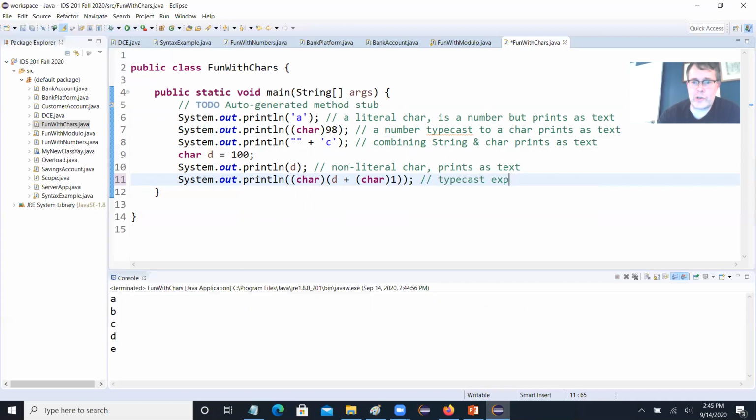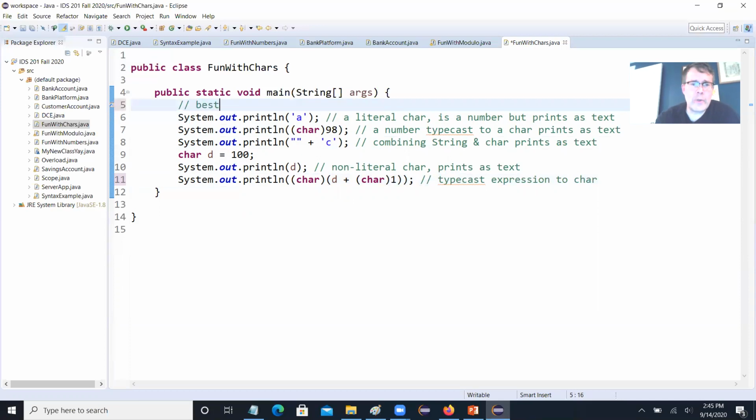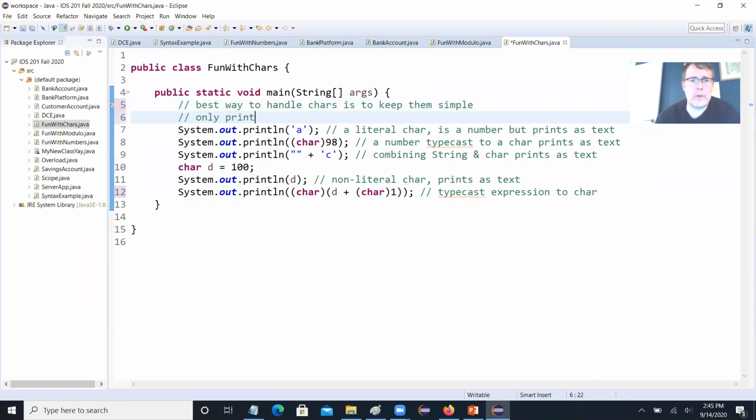Okay, so typecast expression to char will work. But as you can see, chars are numbers, but they behave strangely. Until you get used to them, they're a little unpredictable. So the best way to handle chars is to keep them simple. Only print out the exact char